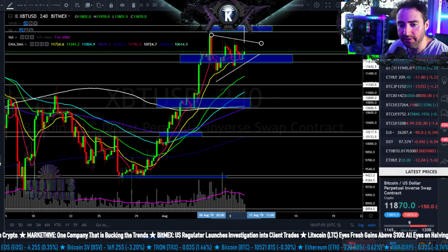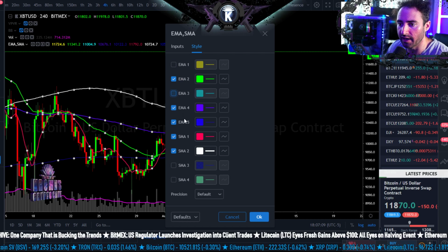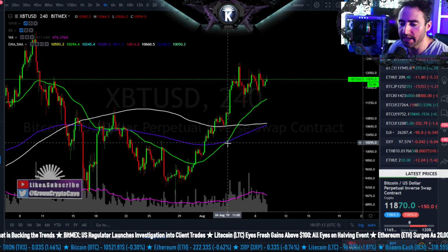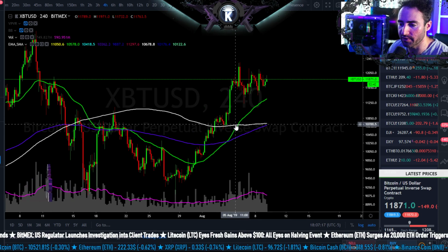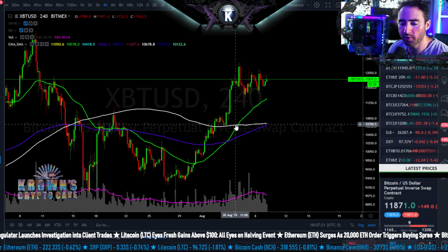So I'm looking at the 4 hour right here, and just taking everything off, only using moving averages, which I'm going to get rid of most of right now. We're going to look at three different ones. We're going to look at the green and the purple, which are the 50 and the 200 exponentials, and then the white 200 simple moving average right over here. The green and the purple are going to be referred to as the golden cross and death cross moving